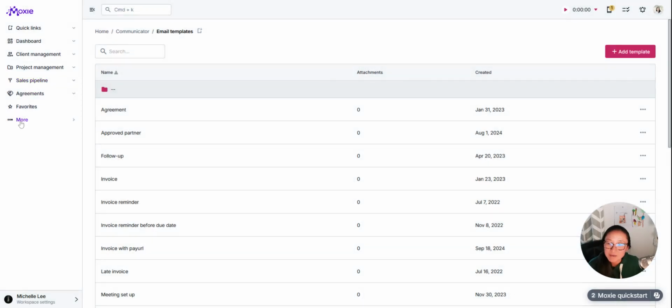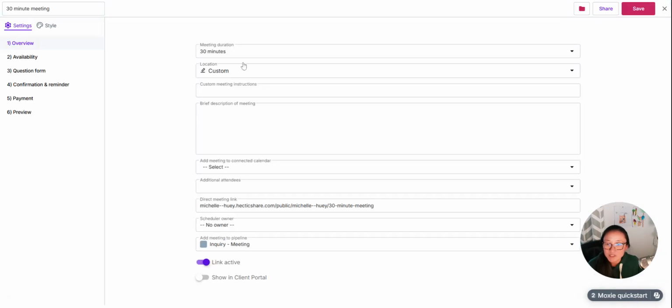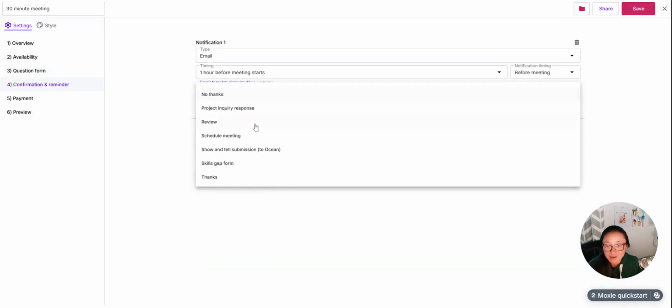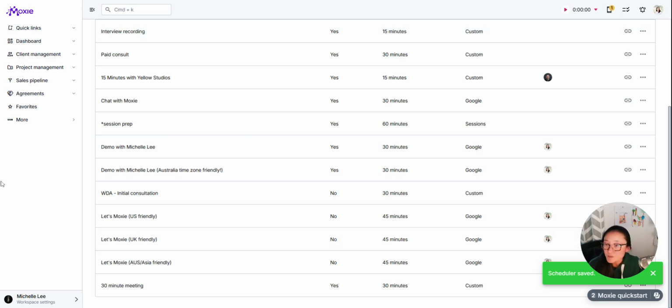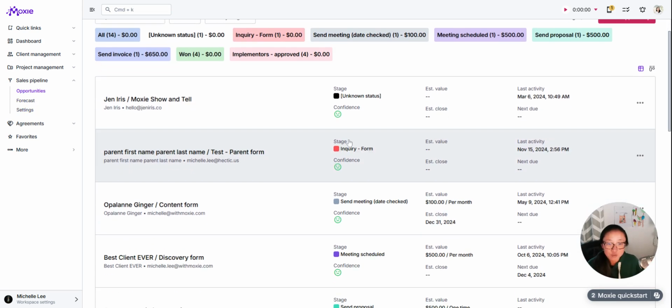So now when I'm in my meeting scheduler, I can say, oh yeah, I want to send my own custom confirmation, and I'm going to use my meeting scheduler confirmation email. When someone books this, they're going to get a confirmation. So when someone fills out a form or when they fill out your meeting scheduler, they're going to get dropped